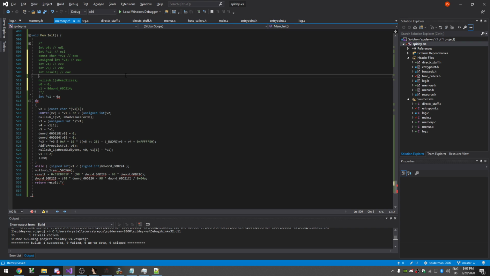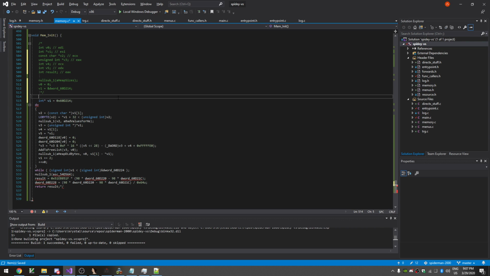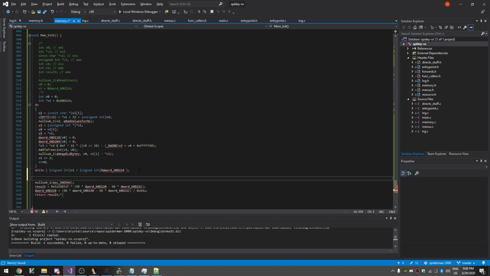Yay, perfect. Int 0 equals 0. There's a massive loop here, so